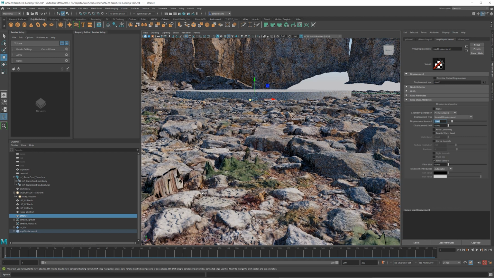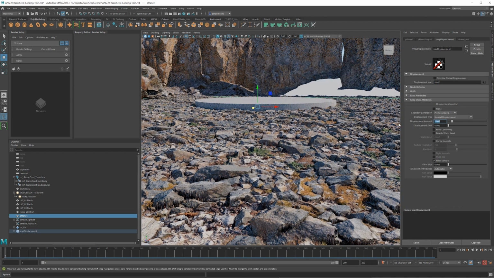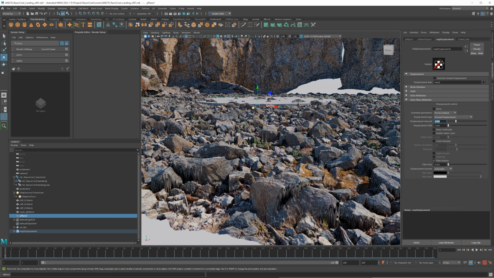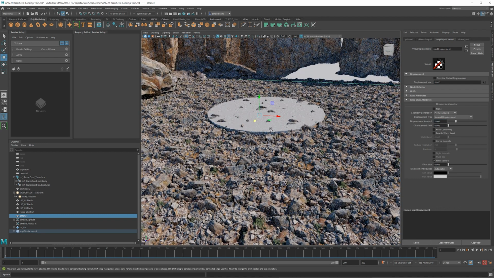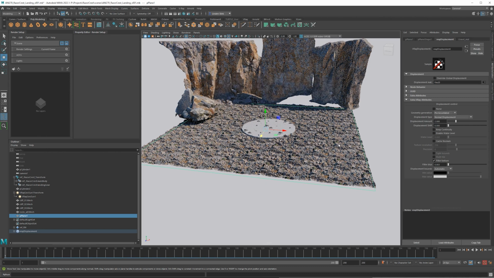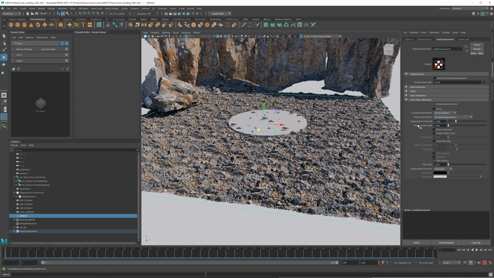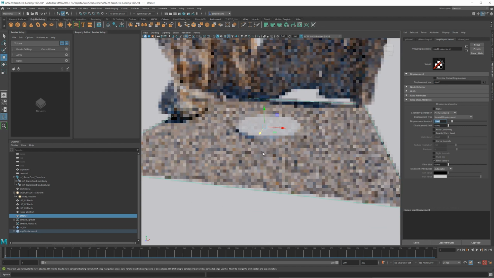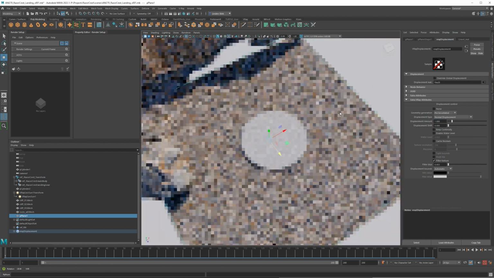Now we do have some issues around here that look pretty bad, but we're not going to worry too much about that. We're not going to get super close to this, but it's going to be okay. We could increase the displacement, do something like 2. For this, I think it looks pretty good. If you had the camera zoomed back really far and you just couldn't see the displacement otherwise, you could increase that. As you can see here, there's a lot of tiling going on, which doesn't look great.